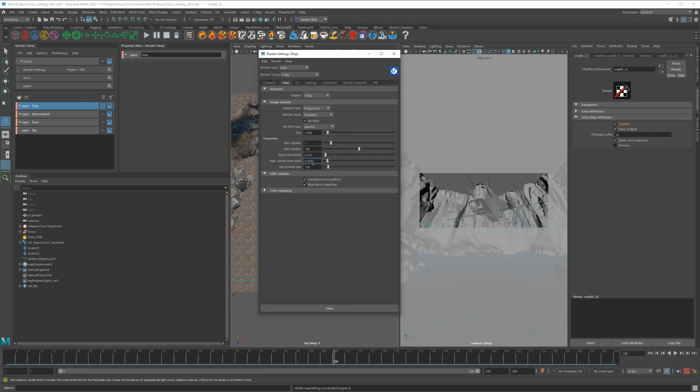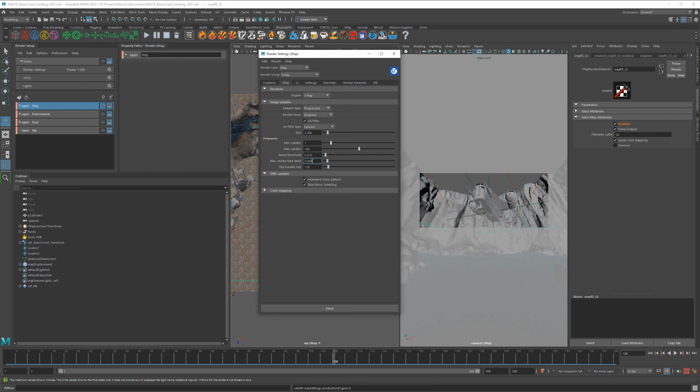But 30 seconds a frame is probably going to turn into a 2-hour render because we have 200 frames. So if we said 30 seconds a frame and we have 200 frames, that's going to be, let's say, 100 minutes to render each one of these passes, right? So these are going to take a while to render out. Sky will be super quick. The environment will probably be pretty quick, and so the ship will probably be pretty quick too. The dust is going to be what's going to take the longest, probably.